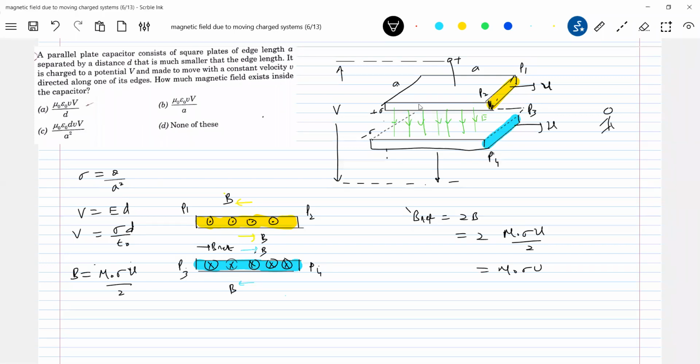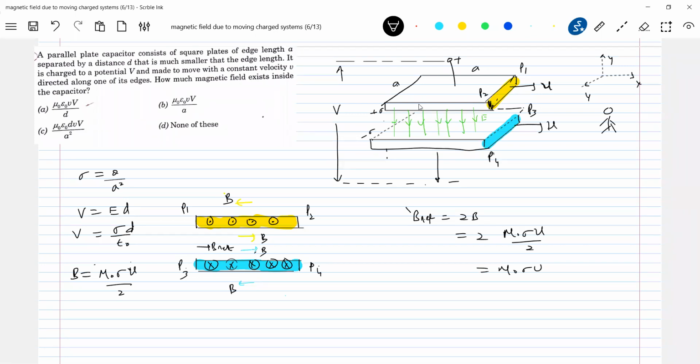You are standing here. Either you move the plate, you can move the plate along any direction. I think it doesn't change the problem. Whereas I'm moving the plates of the capacitor along the x-axis, you can move along the y-axis also. The overall situation will be the same. If you move it proportionally, you have to change proportionally the direction of B. I'll give the direction of B in the end.